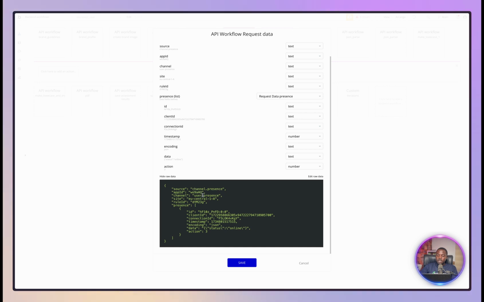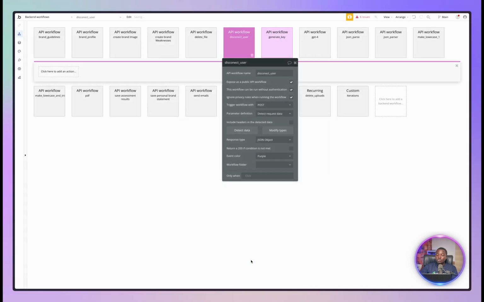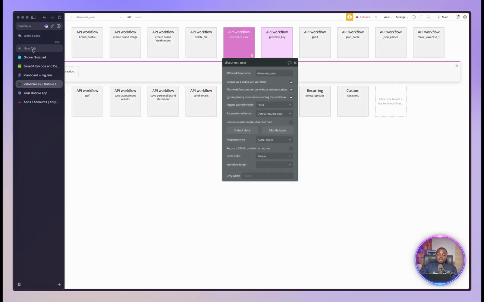And you can see that in our data we have the status here. So this is the application, and then the presence is the ID. This is the client ID, so this is the ID of the user, and the status is online. So we have three different kinds of actions, and how you can know which action you are dealing with is just let's go to